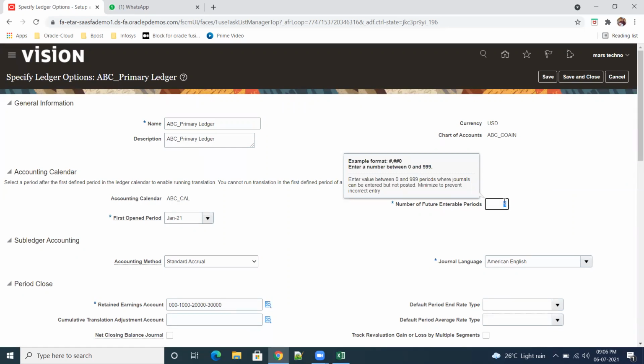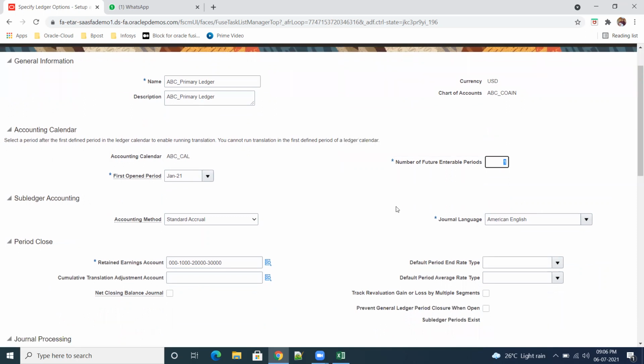If we keep 1, it will always allow only 1 month ahead. Usually they keep a maximum of 1 here. They won't open July, August, September, October like that. They open till August, but they can't open September, October.